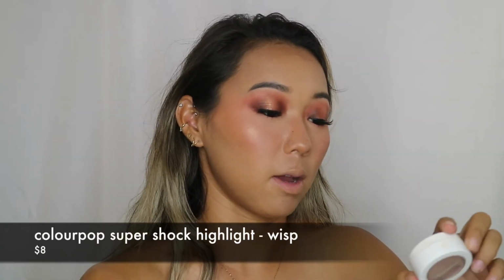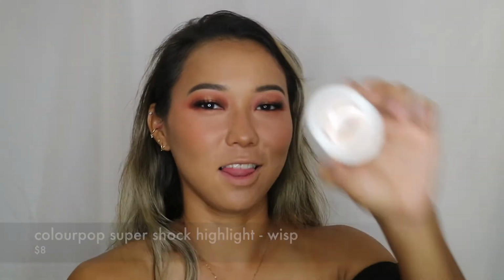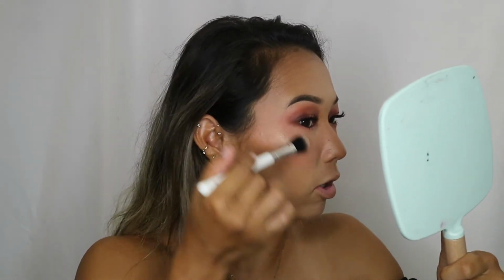Okay, the other highlight I'm going to show you has been my favorite for a very long time. And it is the Colourpop Wisp Super Shock Cheek Highlight. I love this. It is so pretty. It is also not super texture enhancing, but it is a lot more intense. And if you've ever felt this Super Shock formula, you know what it feels like. It just feels amazing. I love sticking my fingers in here. You can use this with your fingers or a brush. I think it looks better and more punchy with your fingers, but it's hard to blend out sometimes